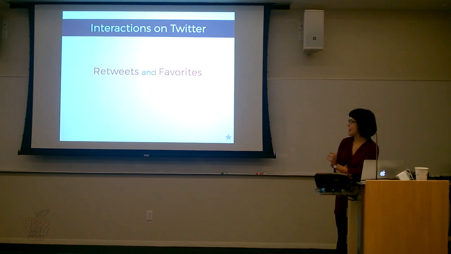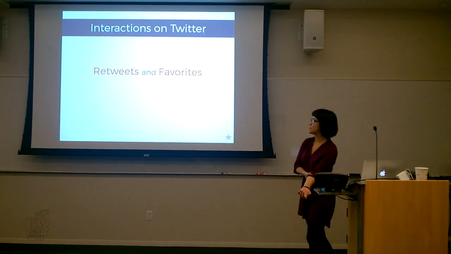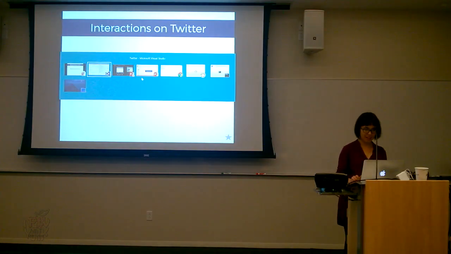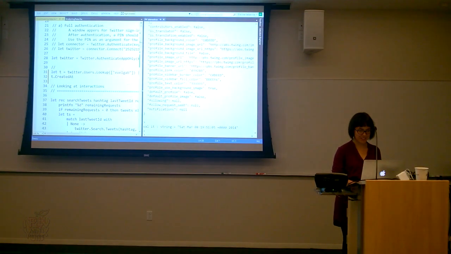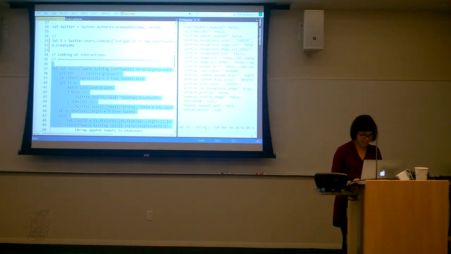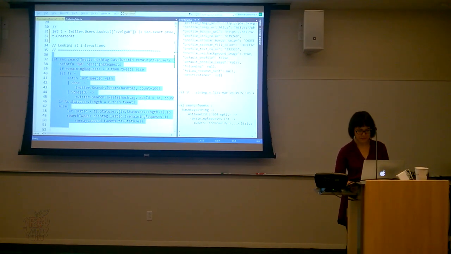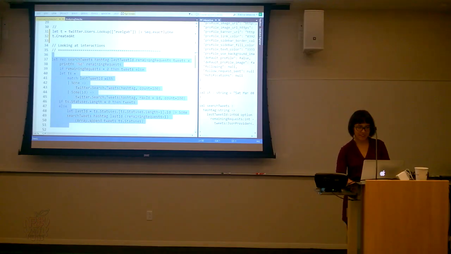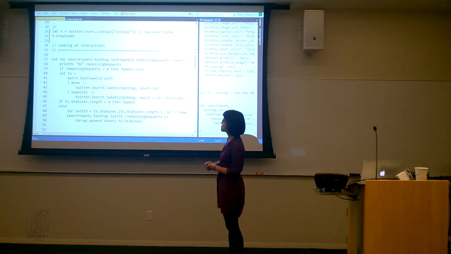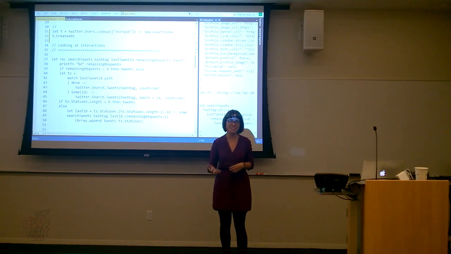So I wanted to show you how we can actually explore other types of data, and I will look at some interactions on Twitter. So I'll just search for tweets, and this function, the only thing that it does is that it looks for tweets that contain a specific hashtag.